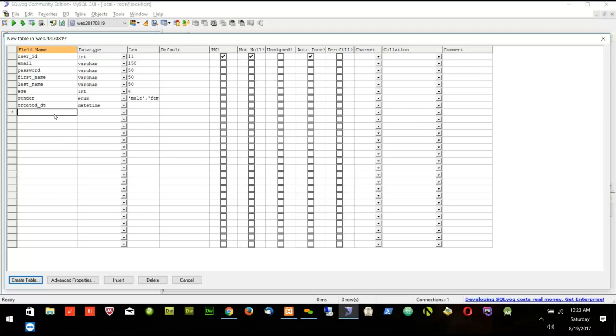Next field will be status. Let's say tomorrow the user is doing a lot of bad things. I will block that user. So maybe I will say status, or I can delete the record also, but right now let's keep the status. I will keep it here of 1 length, and if he is active I will give 1, and if he is blocked,